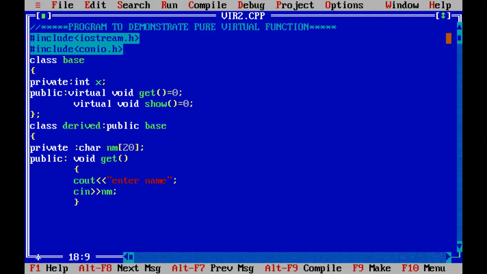This function is closed. Now we are making one more function, void show, and in this function we are simply displaying the value: cout the name is nm.